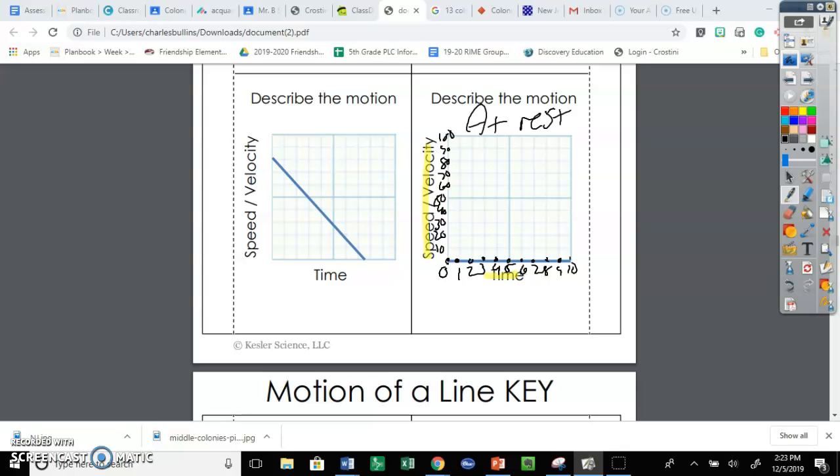Because someone might say, well, I wonder what at rest looks like on a speed time graph. I've seen it on a distance time graph, and it looks like this. At rest. But I know that on a speed time graph, anywhere other than that bottom line is constant speed. Right? Because the speed doesn't change. Technically, if you stay at 0, it's a constant speed of 0, but we're not going to get into arguing about that because it's really not a big deal. Questions before I